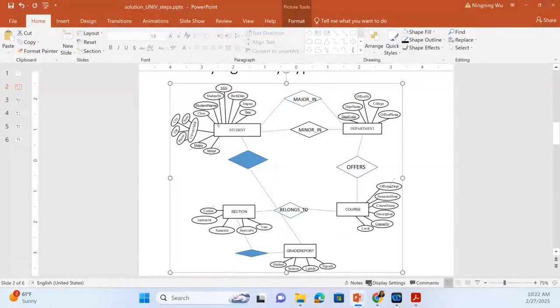So then you can tell that this section connects through a relationship to the grade report, and the grade report through a relationship to the student. Now, according to the design principle, we have to cross out student and section. Then the grade report only has letter grade. So that really makes grade report not a good entity type, because letter grade and numerical grade can be repeated for so many different students. And also,